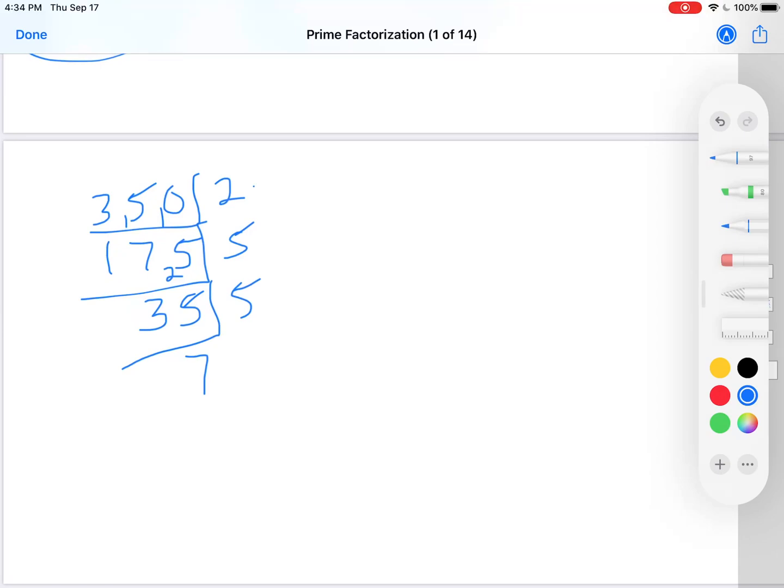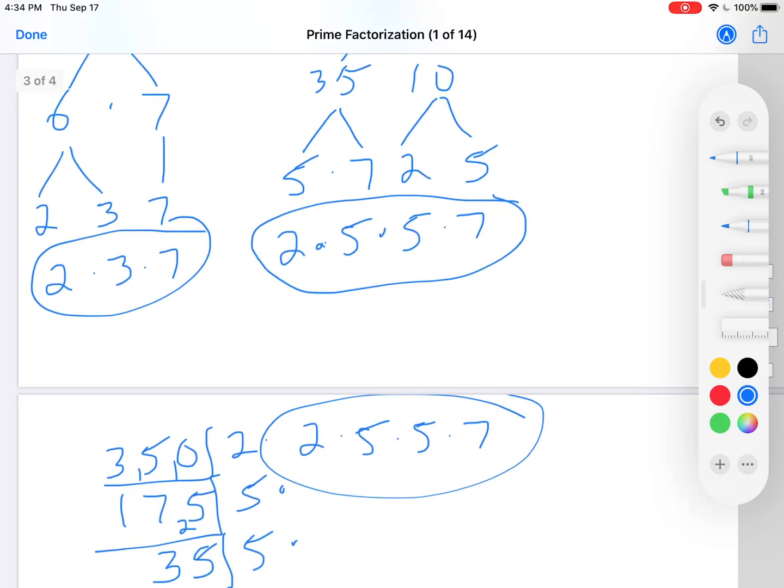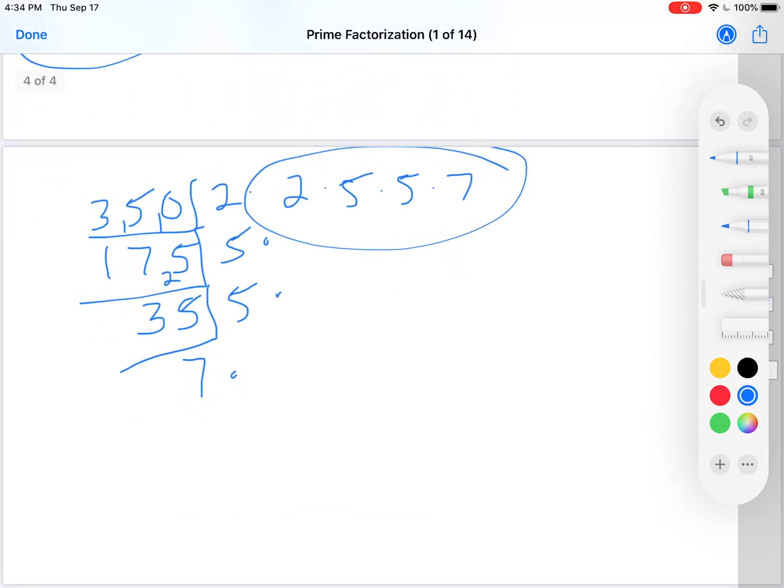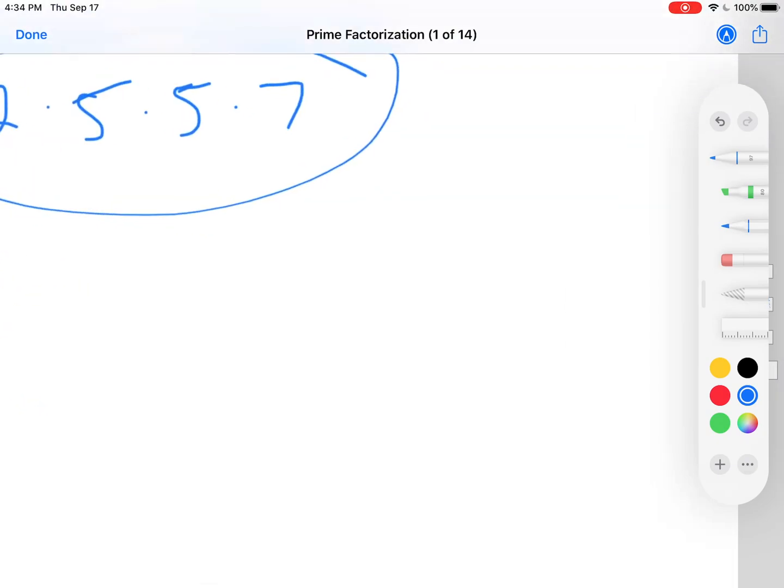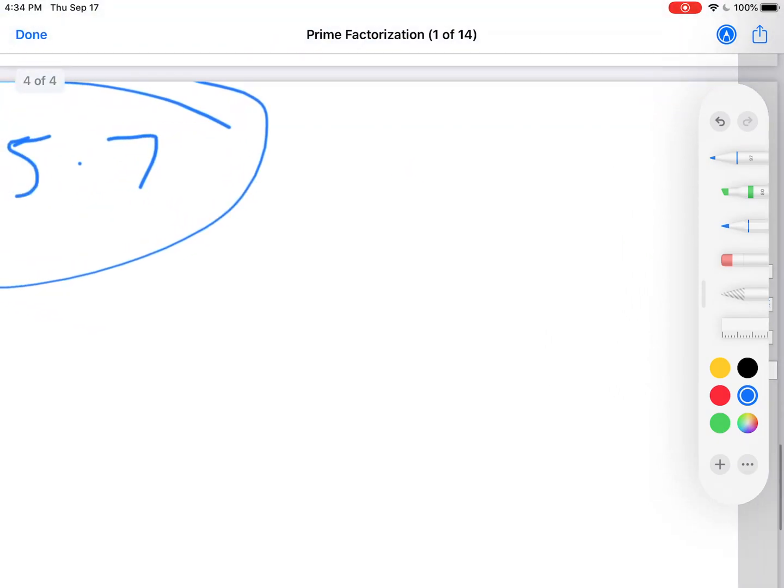Here is the prime factorization: 2 times 5 times 5 times 7. And notice, it's the same as we got before. It's just a different way of doing it. Both ways are correct. I want to try another one just to give you enough practice, enough ability to see another example. Let's try